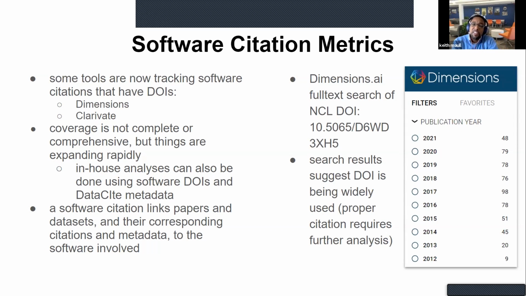So here's an example of the NCAR Command Language DOI, which was minted in 2012. As you can see at the bottom of this list, there were some mentions of this particular DOI in the year that it was minted. And then we see some rapid increase and some leveling off in the 2017-18 range. But this is the kind of thing that one could go to funders and other stakeholders in your project and say, look, this is demonstrating some impact of the work that we're doing, so please fund us more.